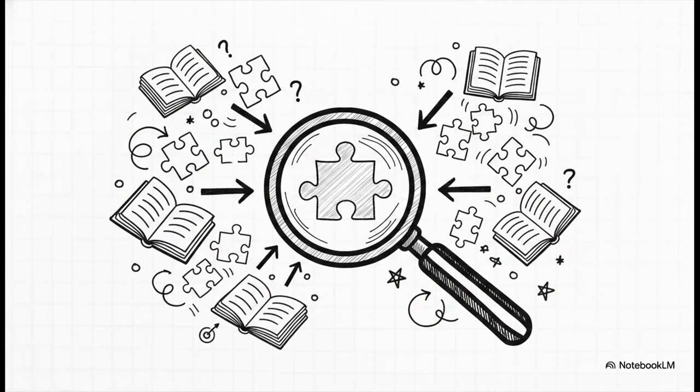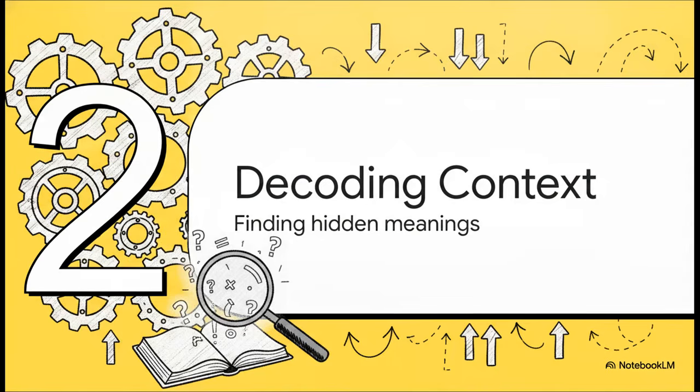The educators came to a pretty crucial conclusion here: the literal words on the page simply aren't enough. You literally cannot just read that one sentence and know the absolute truth. You are required to analyze the surrounding context, the surrounding paragraphs, the tone of the chapter, the character's history. That is where the actual story lives. Which brings us to part two, decoding the hidden context.